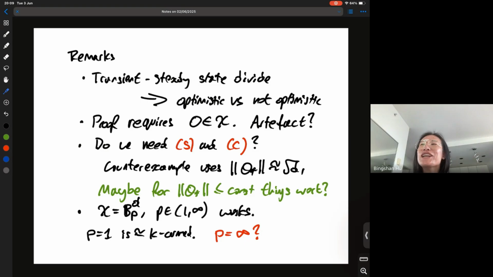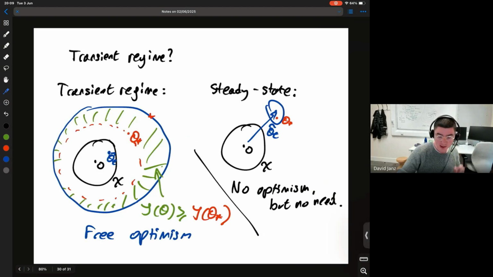Okay, sorry, is there any intuition for that? I mean, sure. If V_t is small, the covariance is large, so we're in this setting where we're sampling from this large set. And then the probability that we get something with higher norm than theta star, so something outside of this red ball, is large.